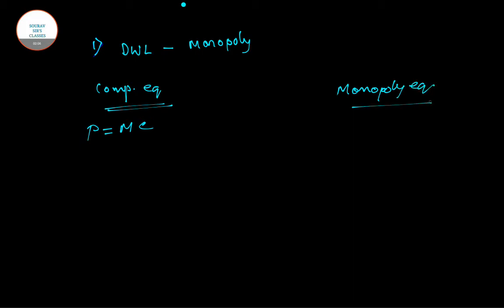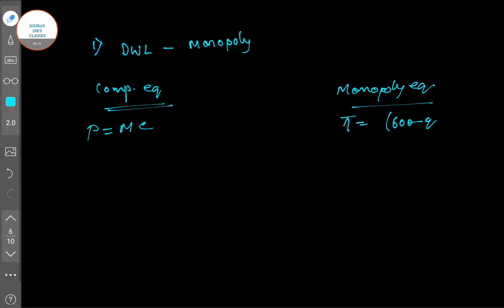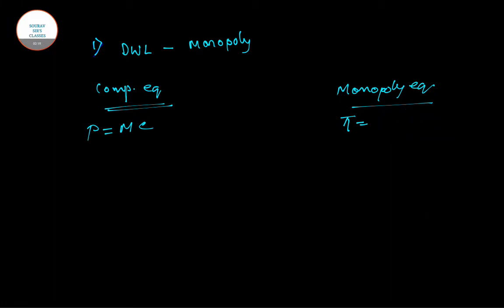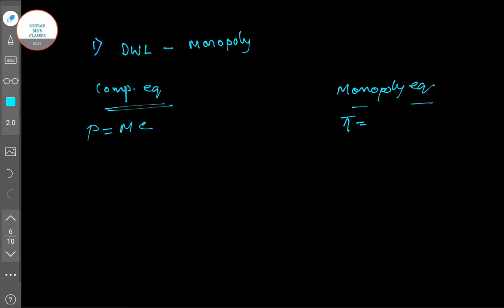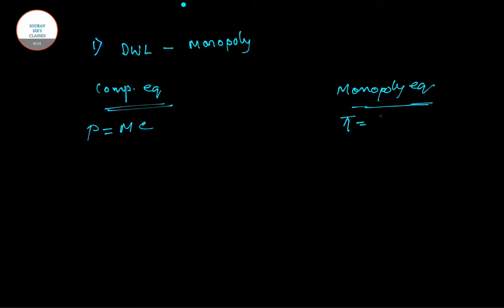the equilibrium will be what? It will be profit equals 60 minus Q into Q minus Q square by 2. Here Q square by 2 is given as total cost, and 60 minus Q is the demand function, price into quantity. So this is nothing but price into quantity minus the cost function. From here you can simply find